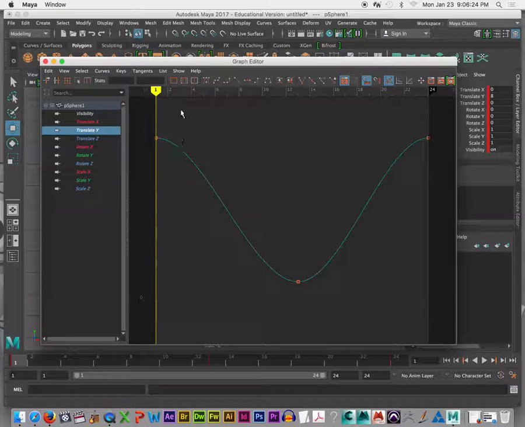So the first thing we want to do is make sure that our top keys here, each of these little squares that you see, is one of the keys that you set. So these are the points in time that you specified where you want things to happen. And what we want at the top is for the handles to be nice and horizontal, like you see them here on my